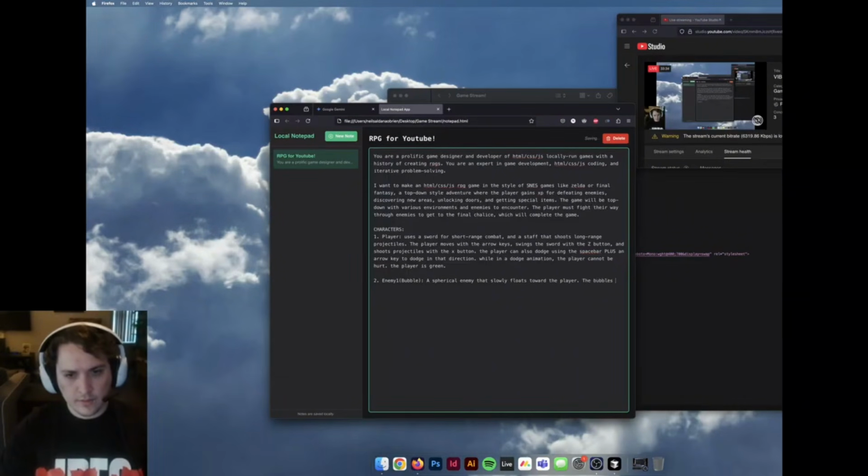The bubbles are varied shades of blue. If the bubble touches the player,